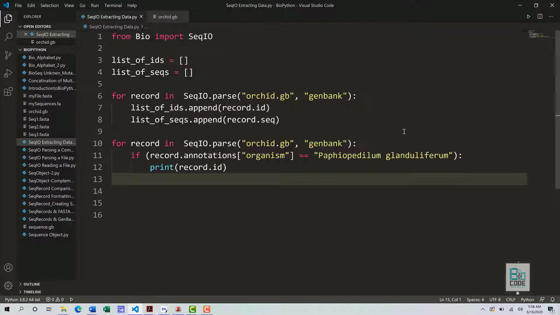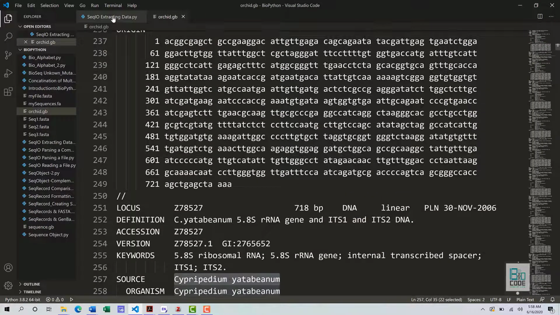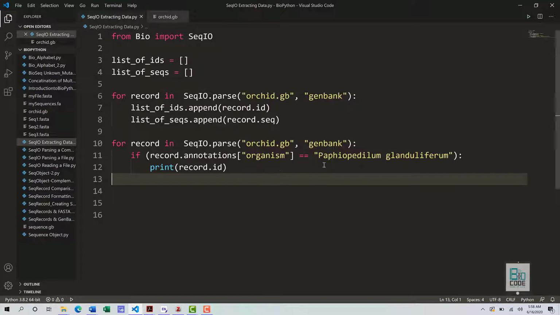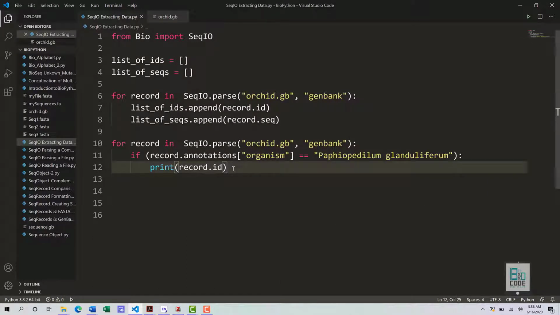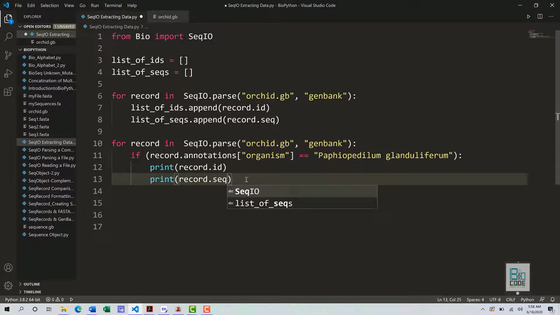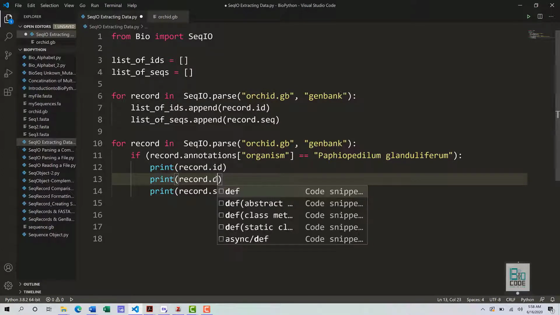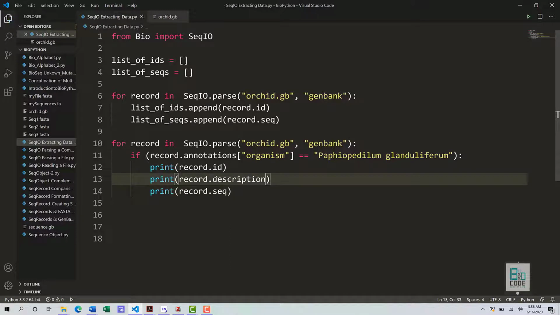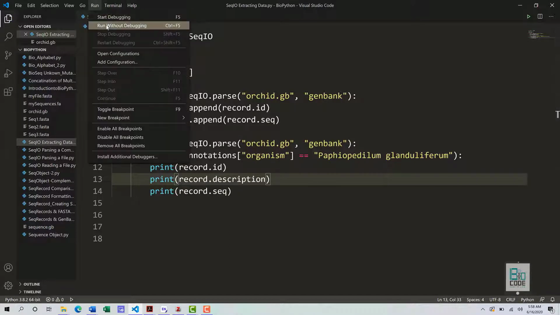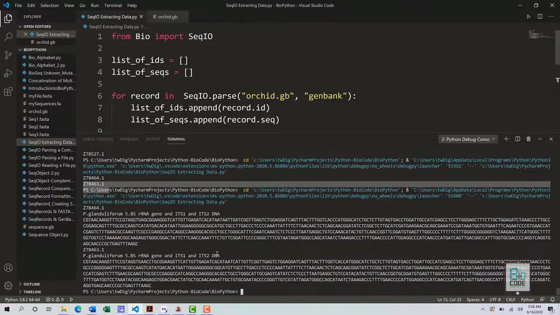It depends on what questions you are asking of your data and what you would like to extract from it. You can also print out the sequences as well. You can print out the descriptions as well. Let's print out the descriptions, and that will be more useful for us. You can directly write them out into a separate file, as you